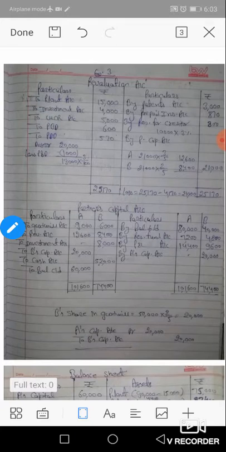B was paid off in full. Full payment of B is made. Okay, the balancing figure of B's capital account. A borrowed the necessary money from the bank on the security of plant and stock to pay off B. We will see later that if the cash balance is not sufficient for payment to B, then A borrowed a loan from the bank. We will see it later at the end of the numerical.